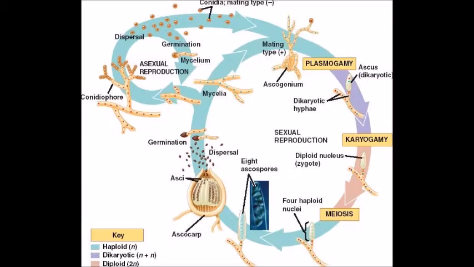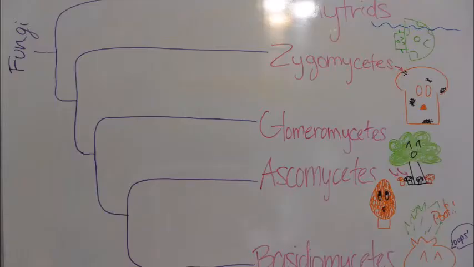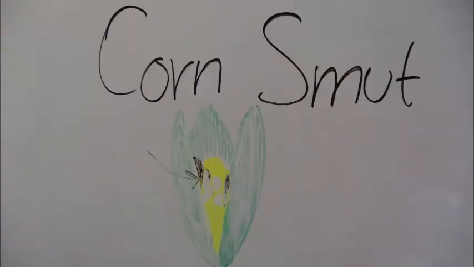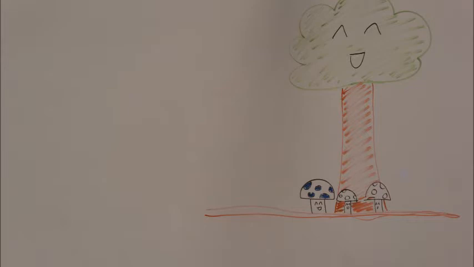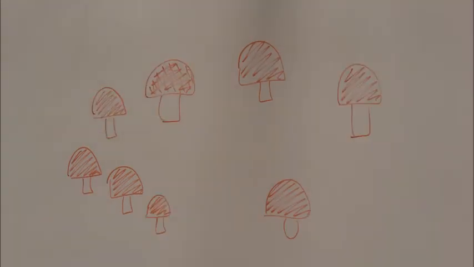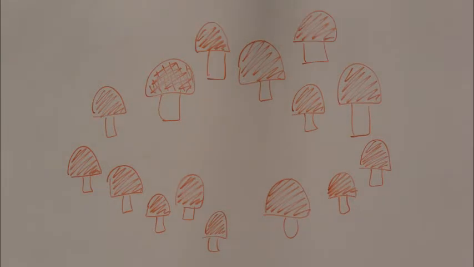The next and last phylum is basidiomycetes, also known as club fungi. This phylum has many different groups, including 2 types of destructive plant parasites called rust and smuts. Mutualists, which means that they have a relationship with another organism and they both benefit from it, and decomposers of wood and other plant materials. Also, some mushrooms that belong to this phylum pop up in what is called fairy rings.